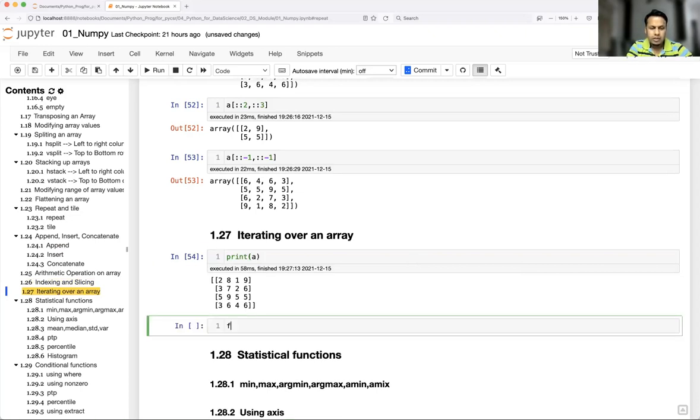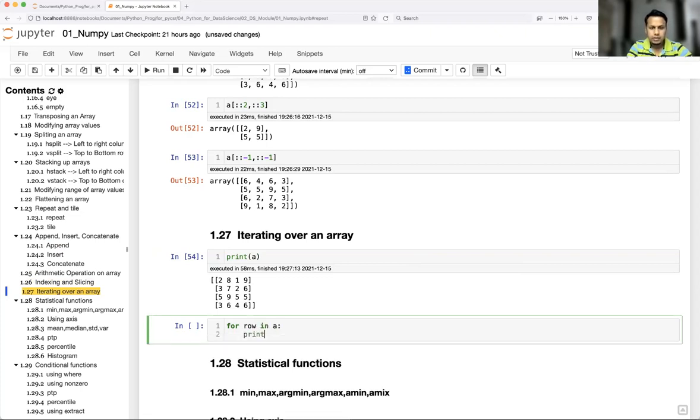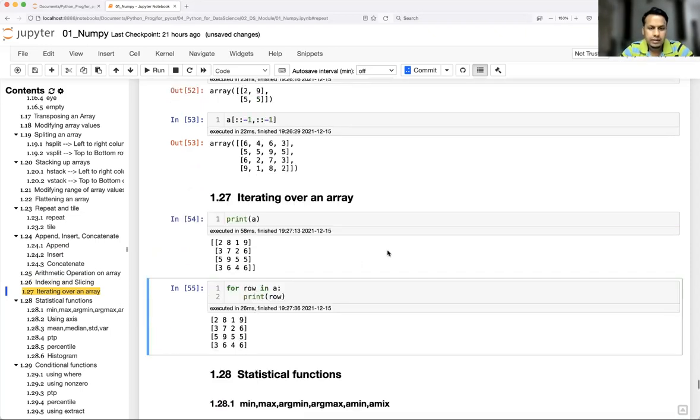Since you are going to iterate over each row of the array, I will just write for row in A, print row. Now run. See here, from array A, I'm going to extract each and every row separately and just print.